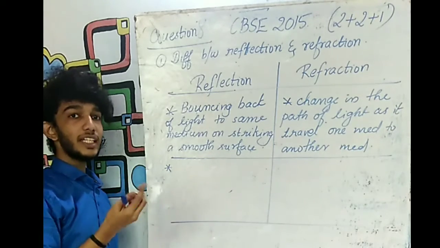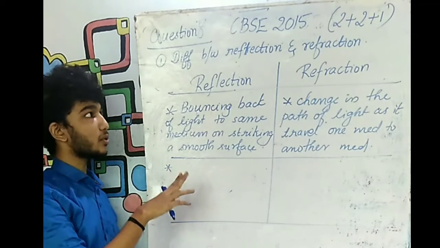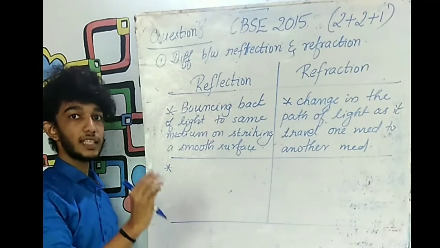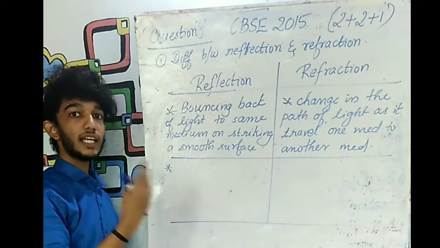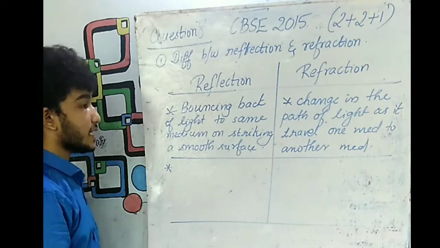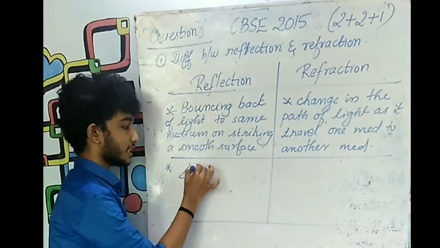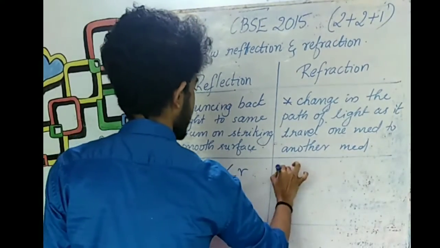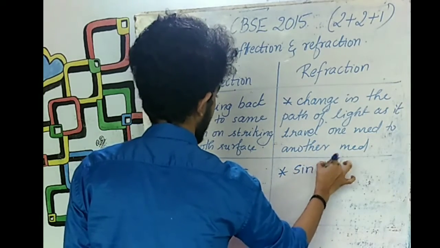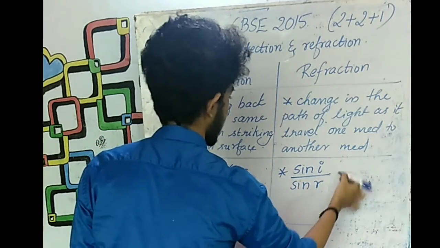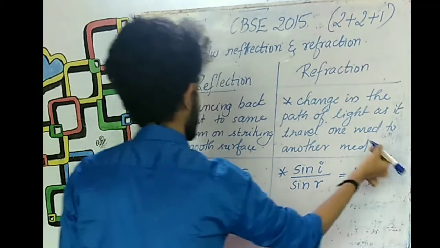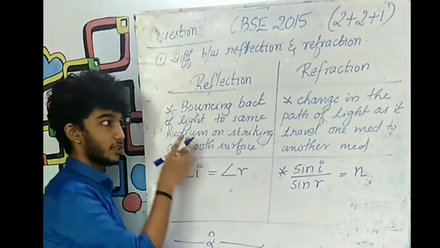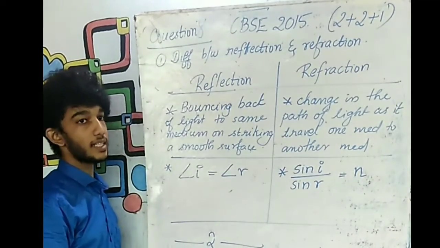So reflection. What is the second law of reflection? The second law of reflection and refraction are quite different. They are about the same thing, that is angle of incidence and angle of refraction. So that can be a contrasting feature. In the case of reflection, the angle of incidence will be always equal to the angle of reflection. But in the case of refraction, the ratio of sine of angle of incidence to the sine of angle of refraction will be equal to a constant known as refractive index. This is the second difference. So this can give you 2 marks if the 2 contrasting features are written in your answer booklet.